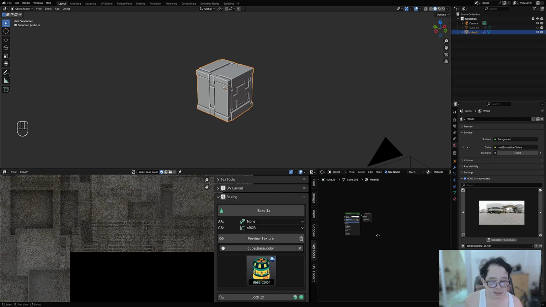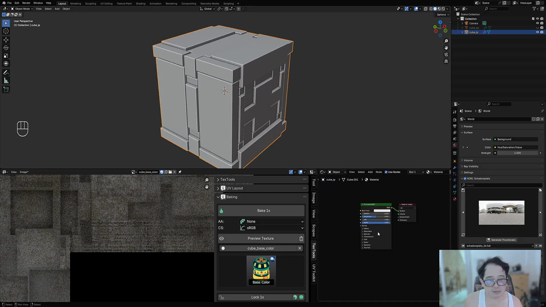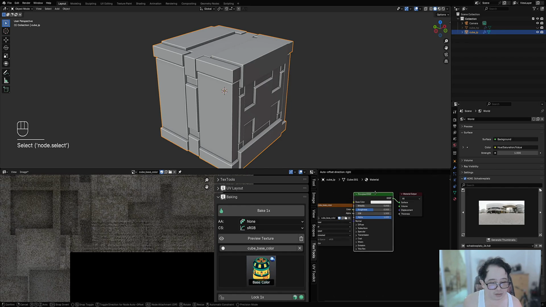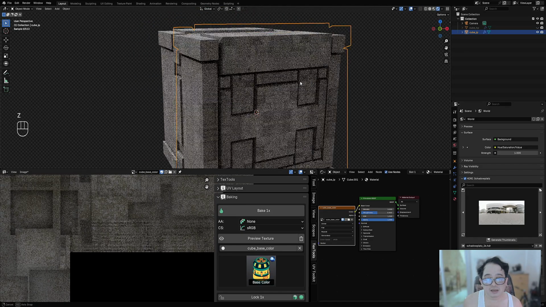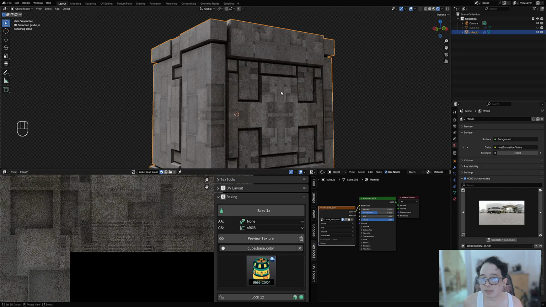Okay, so here in our low poly object, just click on this image icon here, then drag it to the shader window, and then we can just connect it to the base color. There we have it,